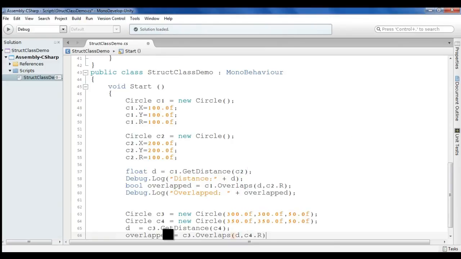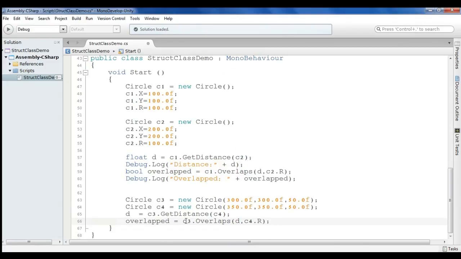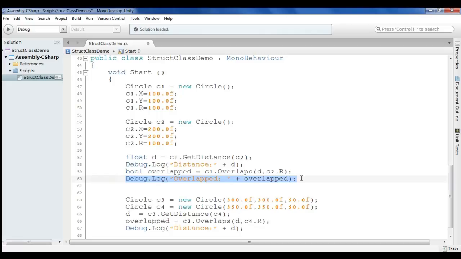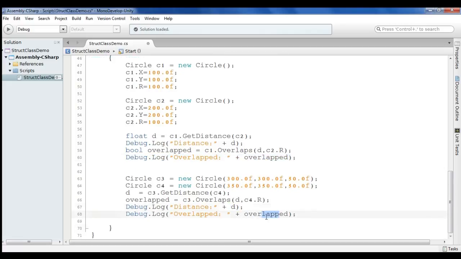You have to pass the radius of c4, because c3's radius we get anyhow. And we can display again what is the distance. Now I can copy this and paste here. Now the distance will be different, overlap will be different, because we are finding the distance between c3 and c4 here, and overlapped c3 and c4.